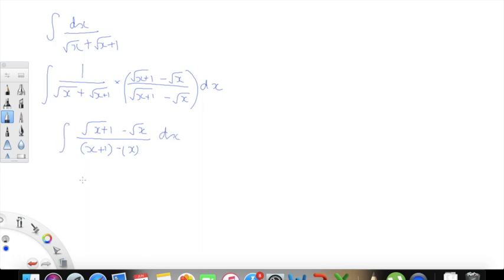So now this becomes a relatively easy problem. You have (x plus 1) to the power of half minus x to the power of half dx, and you can solve it ahead with the formula given, right? So this is one problem which is very easy, but what you had to point out was we had to rationalize it, and then it was a cakewalk. So going to the next question,